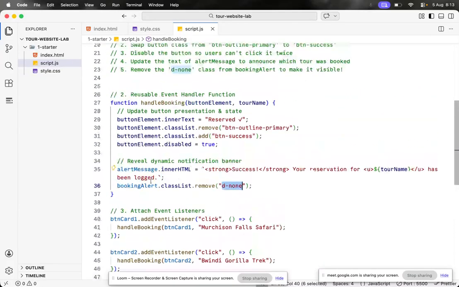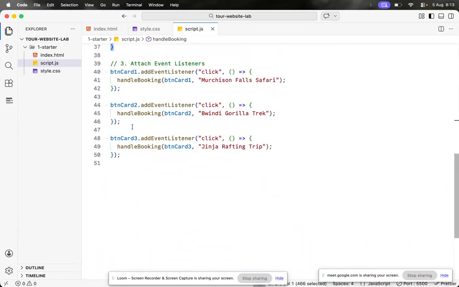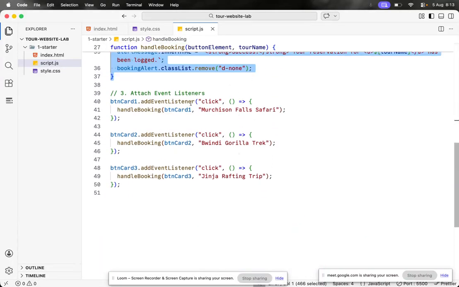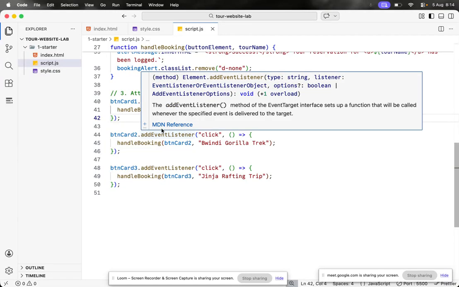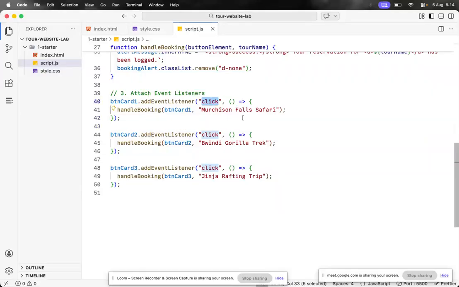But before we even come to handling the booking, we have to attach event listeners. As I said, as we manipulate the DOM, we have things like buttons, and those buttons usually are click events. There is also on hover, like when you hover on something, we pass over it with a mouse. That's also an event that we can listen to. But for this session, we want to listen to strictly click events. That's why you're seeing click here. It's not by accident. We're using JavaScript to listen to the click events in the web page,